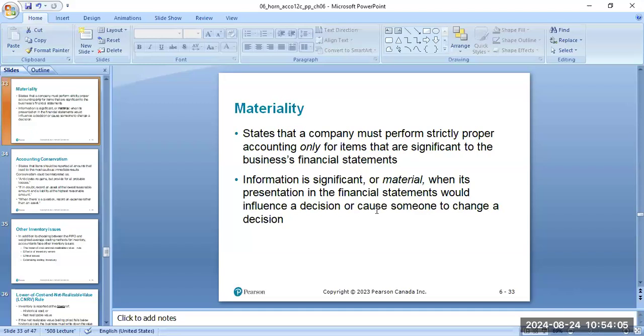And now comes the question, which information is significant? Or in other words, material. This is the information that, if wrongly presented on the financial statement, will change the investor decision to invest or not to invest, and the lender decision to lend the money or not to lend money. In other words, when the users of the financial statement find out that there's a mistake,